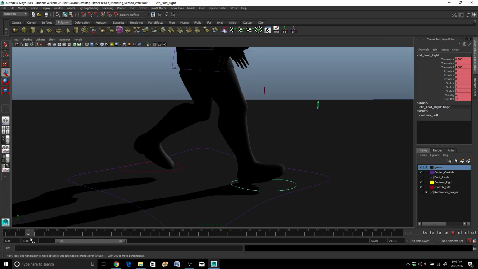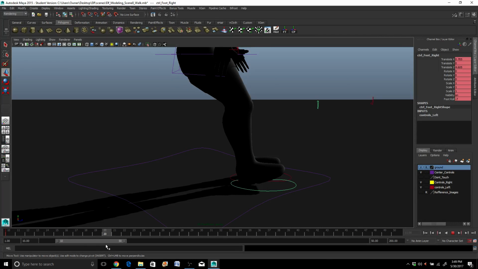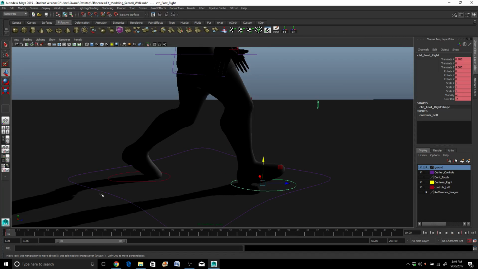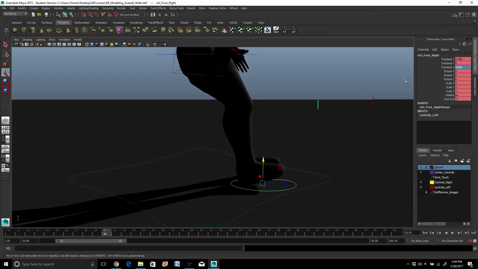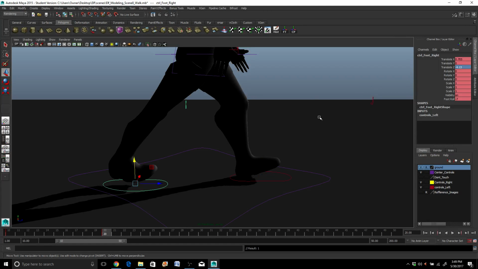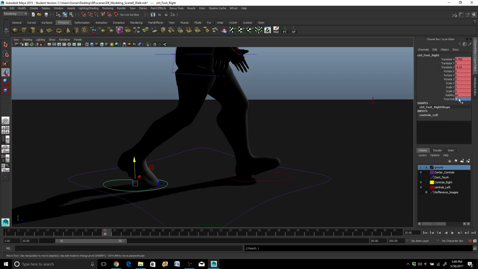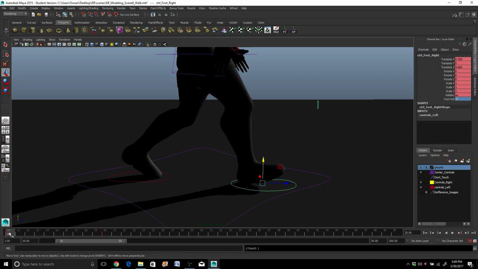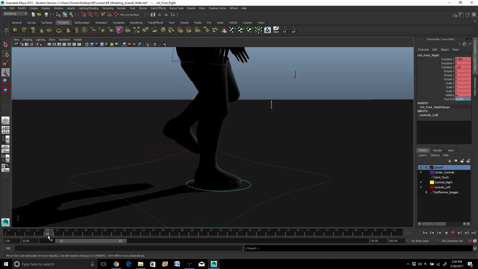Okay, so now frame 10, we need to be switching positions here, right? So I'm just going to go back to this guy. I'm going to copy this one's translate Z. I'm going to go over to this controller again. I'm going to paste that in there, but not until I get to frame 20. So let's go to frame 20, paste that in there. Okay, there we go. Also, I need to bring that to a positive 7, right? Okay, perfect. So now, as I go over here,